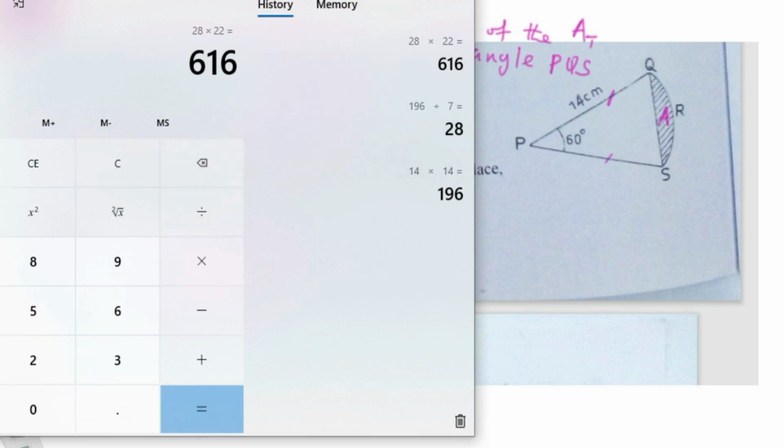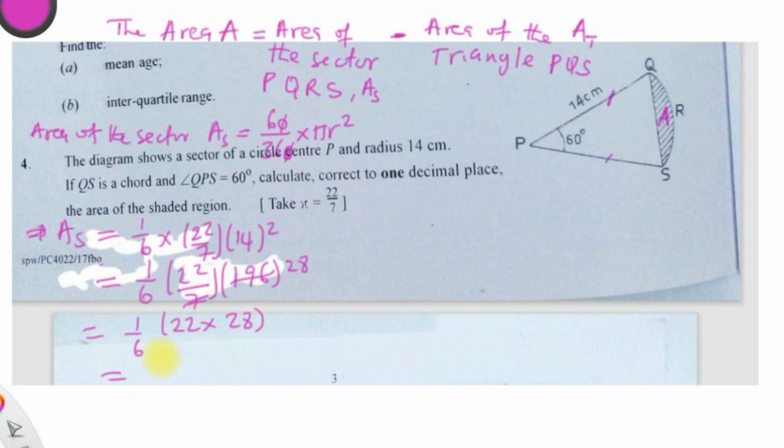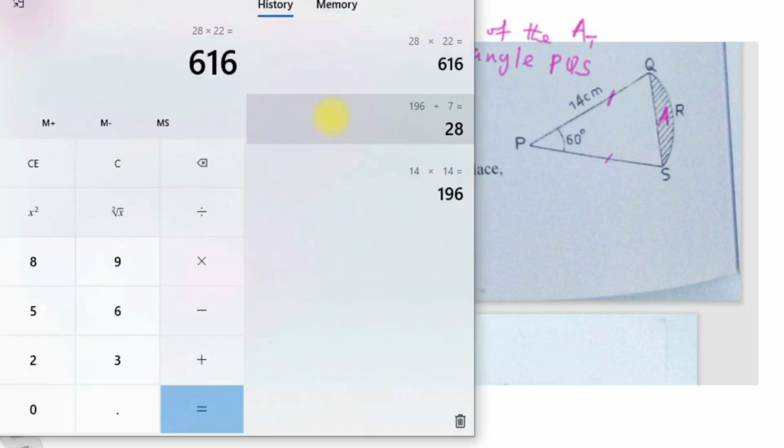So we have 660 over 6, which is equal to what? What is 660 divided by 6? 660 divided by 6 is equal to